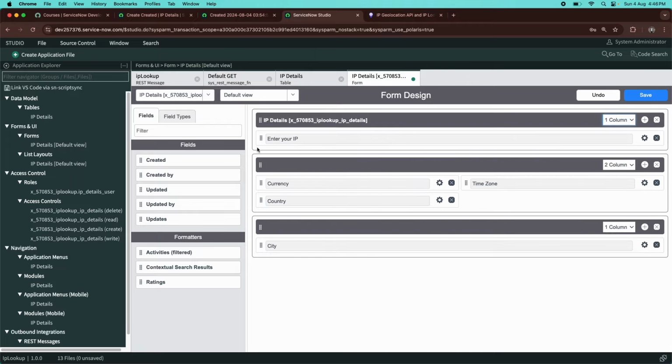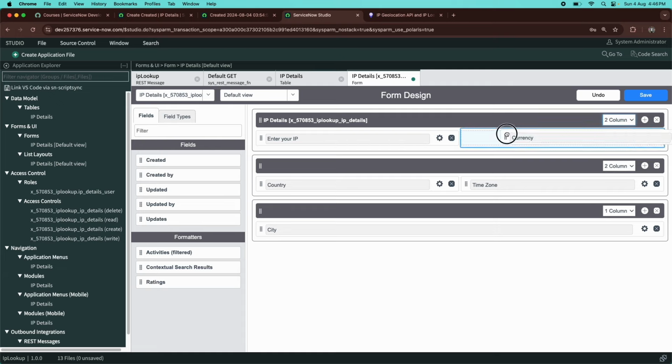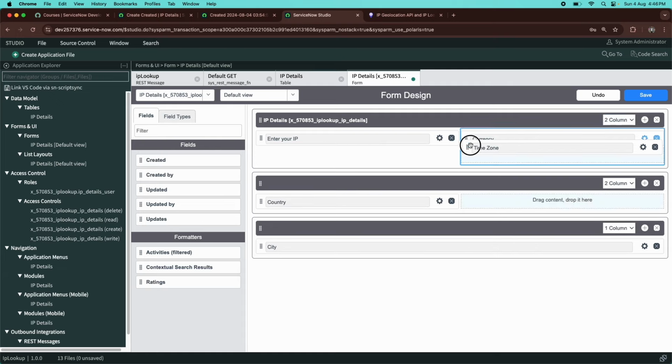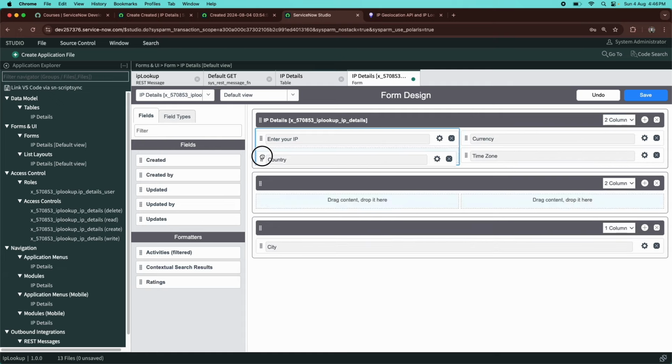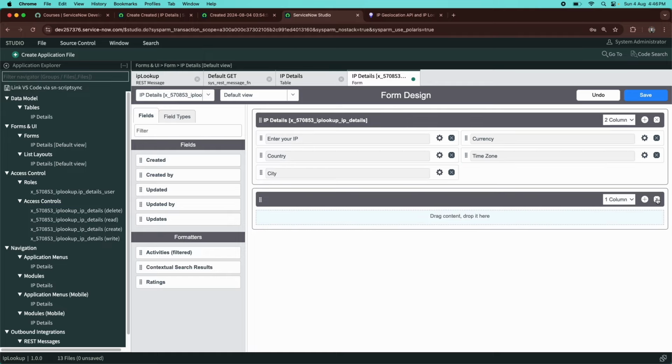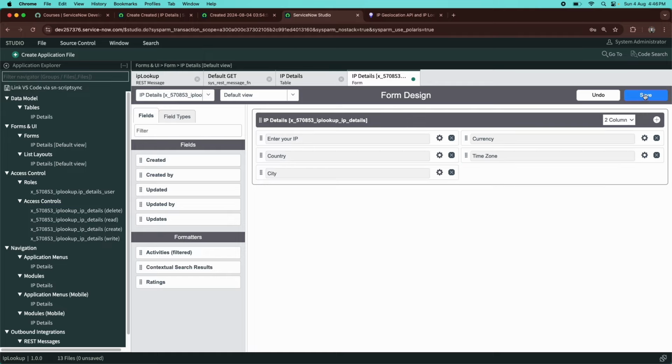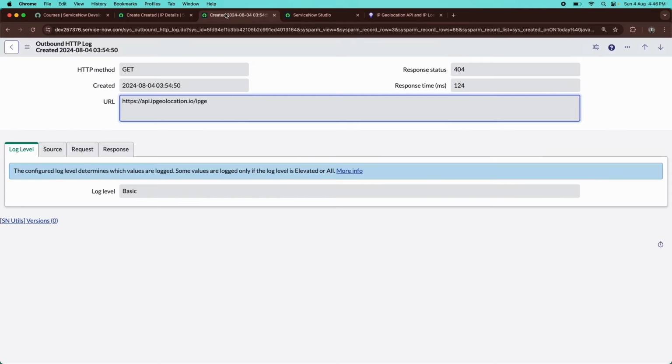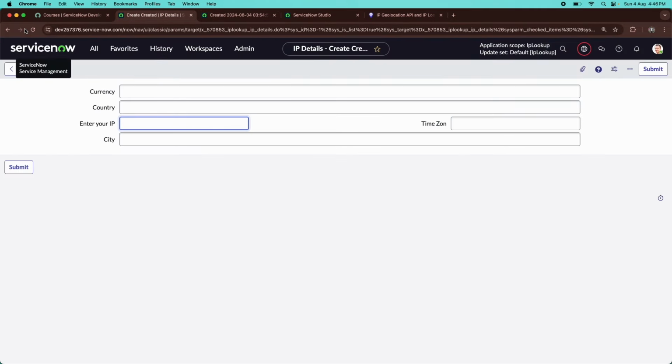Actually, what we can do is that we can make this together as well. So make it a 2 column. Let's add currency here, time zone here, country here, and the city here as well. And just close all these things, we don't need it. So I'm gonna click on save now. So let's see how it is looking. If I refresh it,